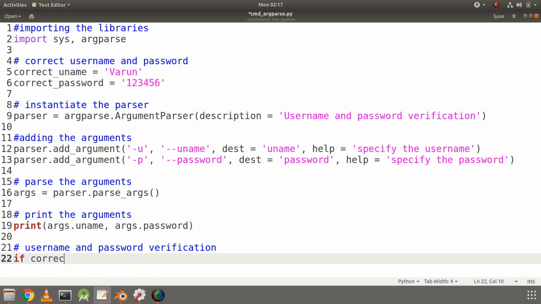I will check if the correct username is equal to args.uname and the correct password is equal to args.password.